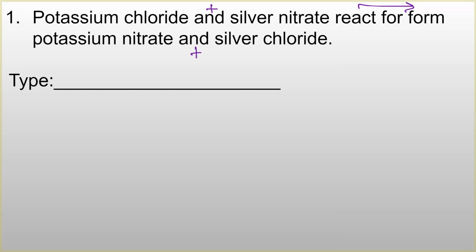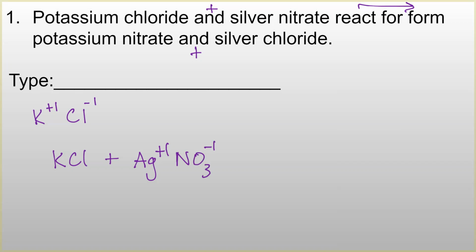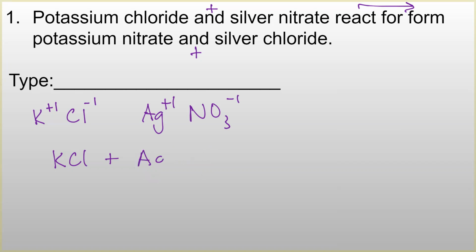So let's go ahead and just start writing the equation out. Potassium chloride, potassium has a +1 charge, chlorine has a -1 charge, so those together make KCl. Next we have and, which is a plus sign. Silver nitrate, silver has a +1 charge always. Nitrate from your polyatomic ion sheet is NO3 with a -1 charge, which I actually want to write up here. Ag +1 and NO3 -1, and those will cancel each other out, so you get AgNO3. React to form, there's my arrow,